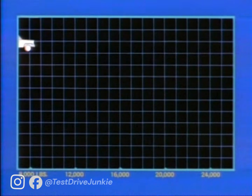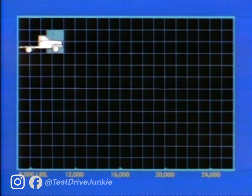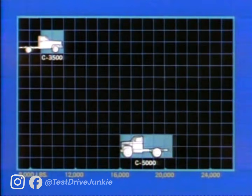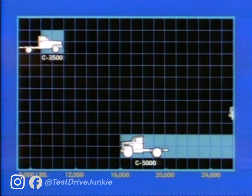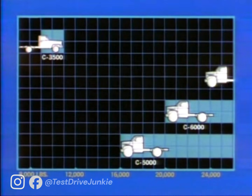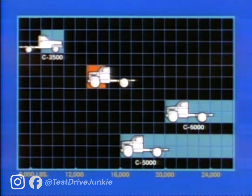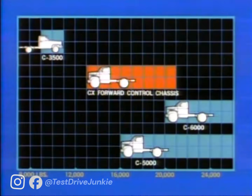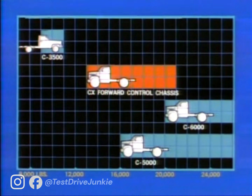Now, this chart shows the GVW range of the 1-ton light-duty models, from 9,000 pounds up to 11,000 pounds for the C3500 cab chassis. On the other end of the scale, there's the C5000 medium-duty that begins at 16,000 pounds GVWR. The C6000 starts at 20,000 pounds. The CX series fills the gap from 13,000 to 21,200 pounds GVWR. It's for jobs that require more payload than the 1-ton can carry, but not requiring the capacity of a 5,000